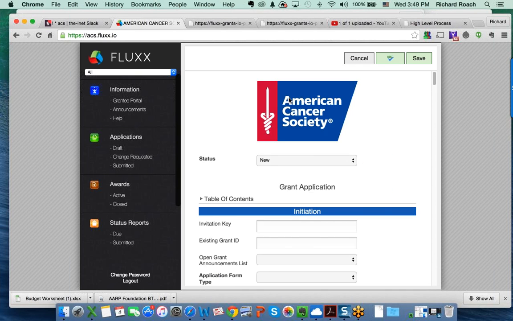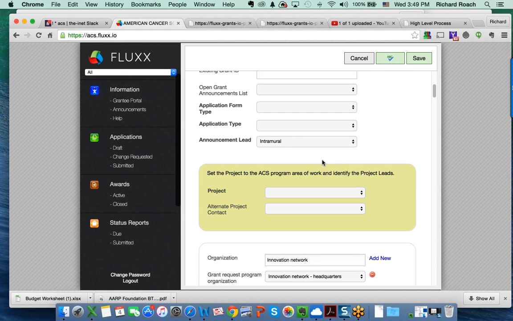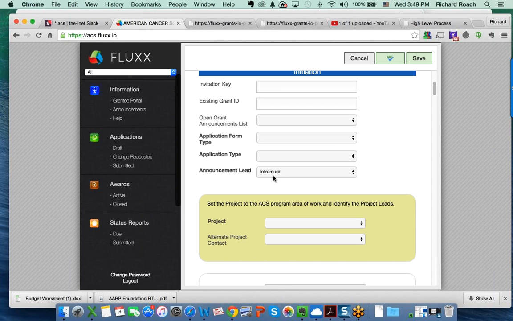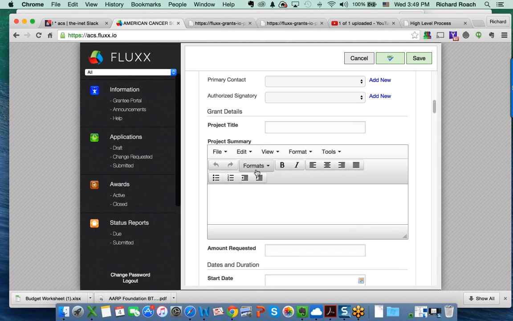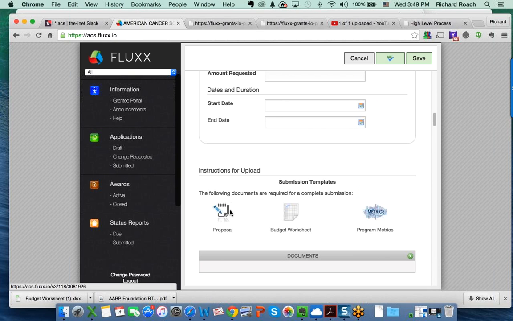So the grantee's not going to see this because I've got admin rights, but they don't see this section. They see this section, and they'll see this, right? So when they click on this, it's going to download it directly from the previous card. Right. But what I'm saying we can do is we can have maybe